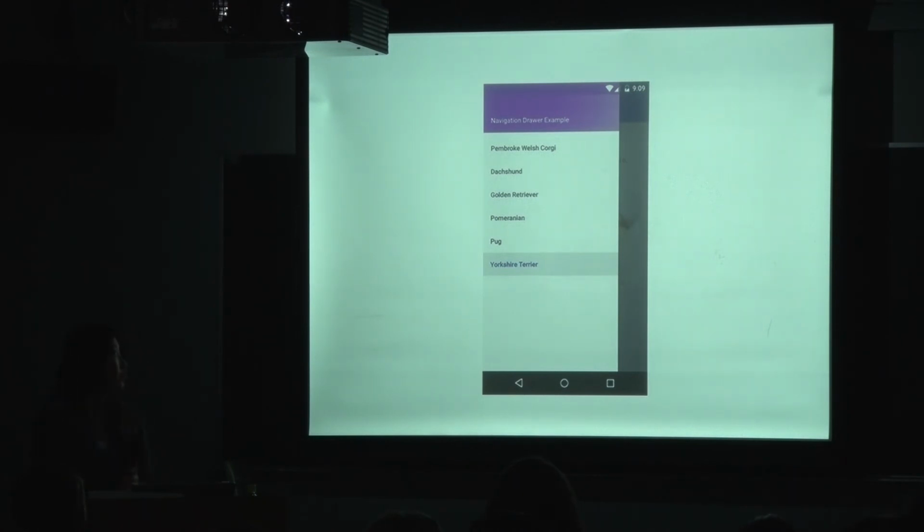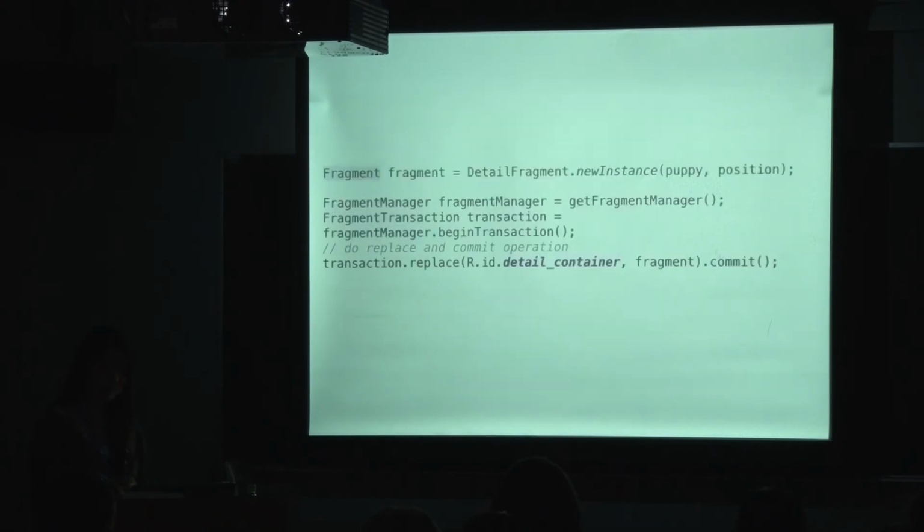This navigation drawer example consists of one activity and one fragment class. When a menu item gets selected, the detail container is updated by getting a fragment transaction, calling replace on that transaction, and committing it. So again, here's what that code would look like.